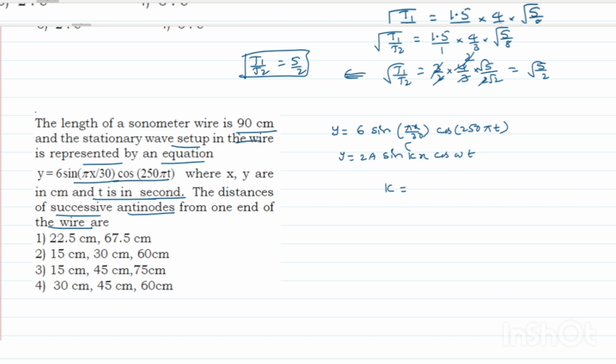So k equals 2 pi by lambda, which here you can take as pi by 30, and here pi gets cancelled. The lambda value will be 2 into 30, just cross multiply, which is nothing but 60 centimeters. So the distance between two successive antinodes is nothing but